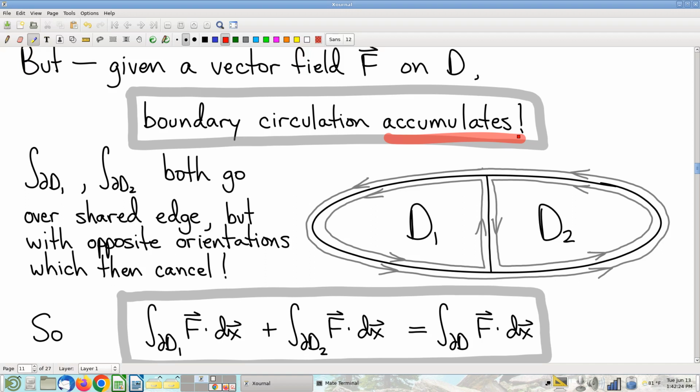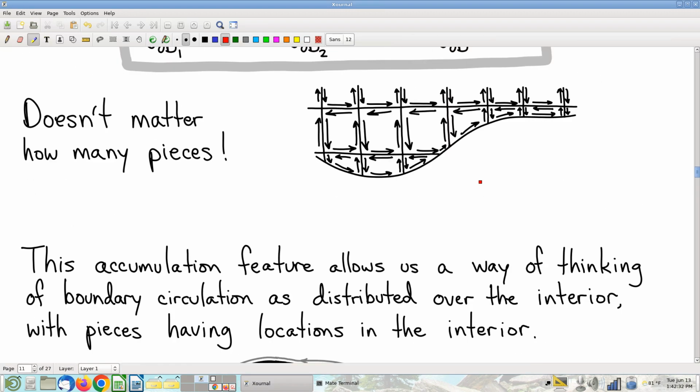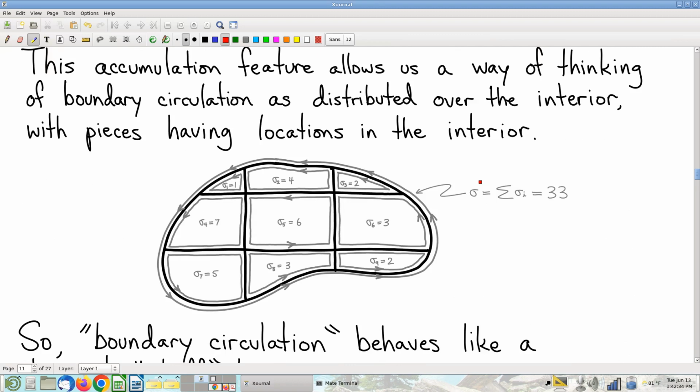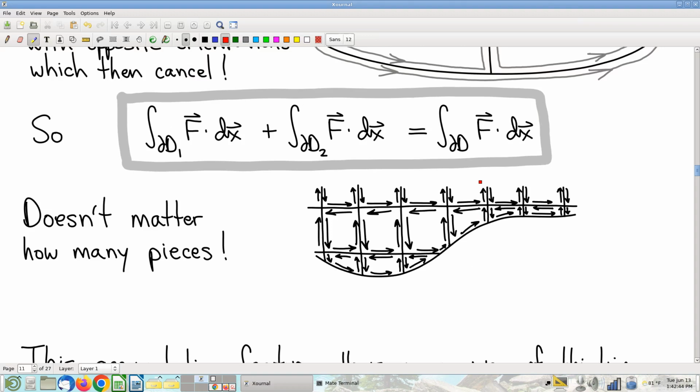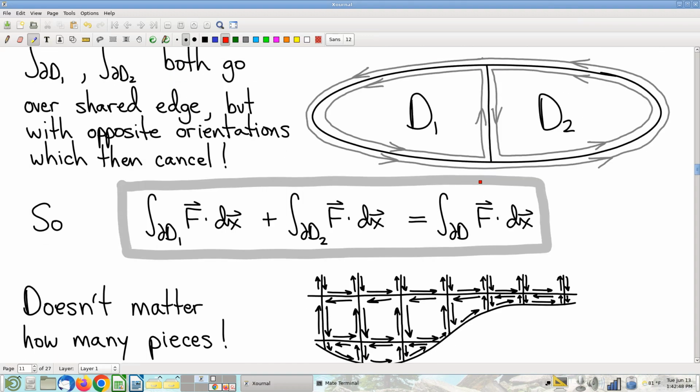And the weird idea that I want to propose is that even though I don't think of boundary circulation as happening in the interior, I'm going to come back to that. Even though I don't think of it as happening in the interior, I could think of it as happening in the interior. So, first observation, and I guess I kind of skipped this previously, but having drawn this line creates